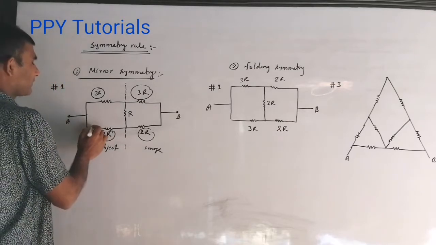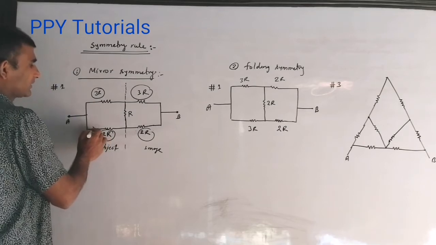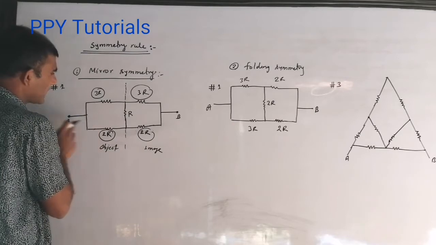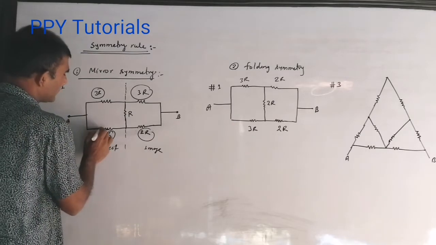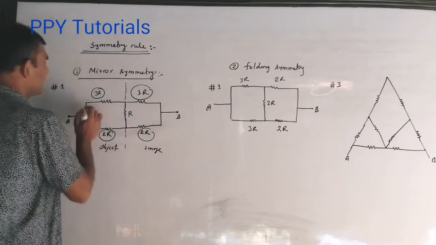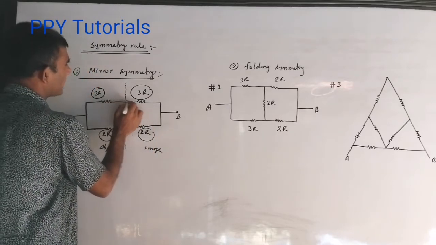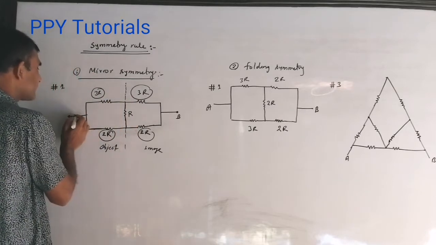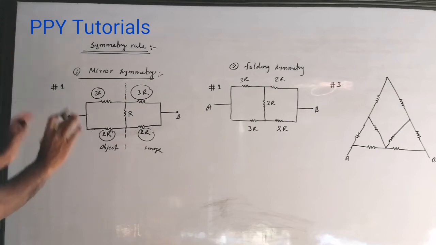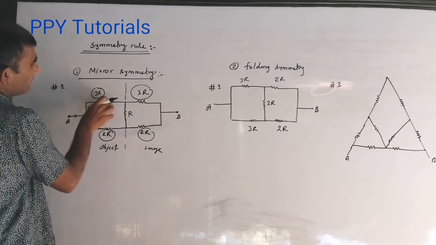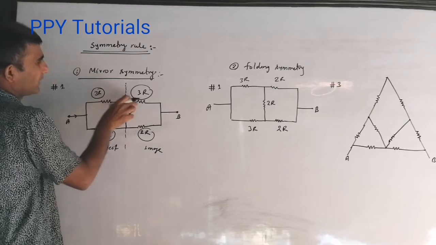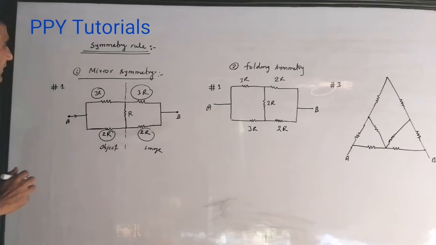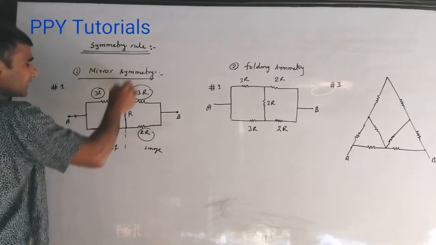That is, if the current is going in this direction here, then here also it will be in the same direction, but I am not supposing the direction here. How much current is going in this branch? The same current is going in this branch. Likewise, how much current is going in this branch? The same current is going in that branch. Means you will see a similar image. Actually, it is just what we suppose, right? What quantity of current is going in this branch? The same current is going in this branch, and same in same.